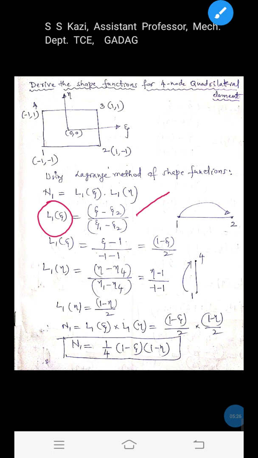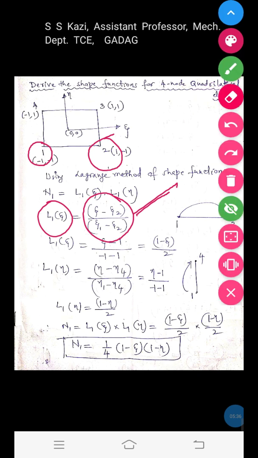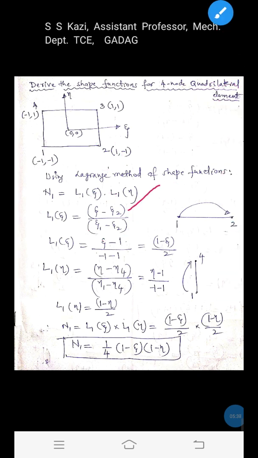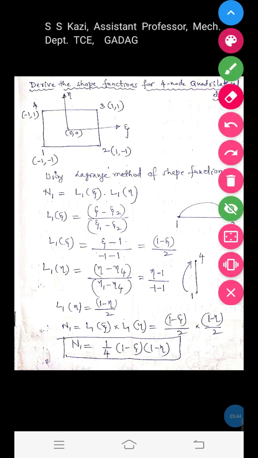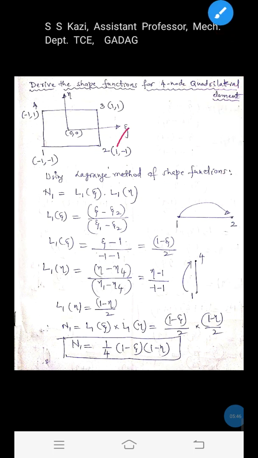Okay, only one other node is there along the zeta direction of node 1, so we will have only this ratio. Now, just to substitute the coordinate values, zeta 2 we have, that is at node number 2. What is the zeta value at node number 2? That is zeta 2, that is zeta 2 is 1. Okay, now we will substitute zeta 2 as 1 here.